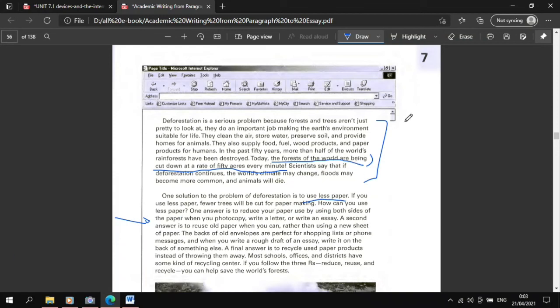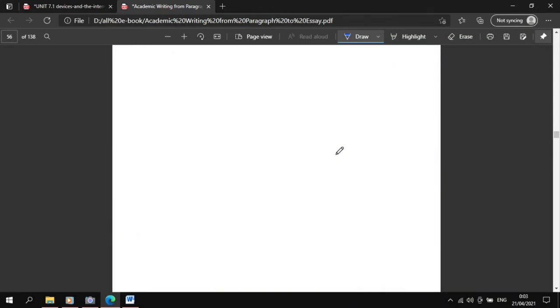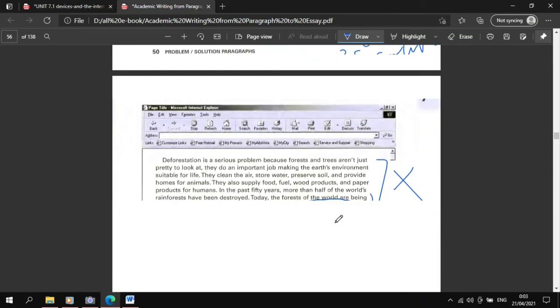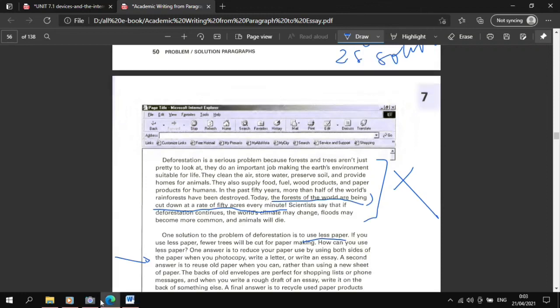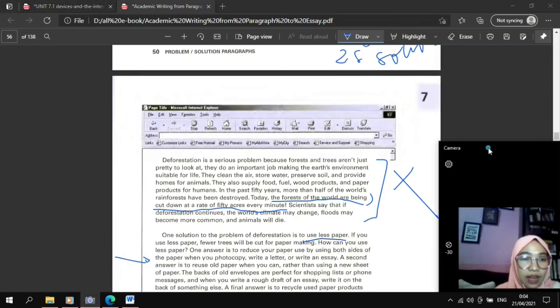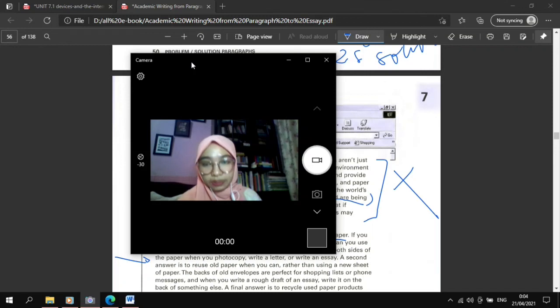You don't need to think about this yet, because you have to focus on the ideas first, brainstorming, because this will be our job for the next meeting. Okay, guys, I think that's all for the material that I want to share with you for the writing, and I hope that you can collect your writing